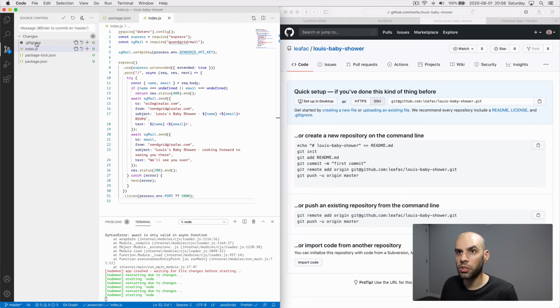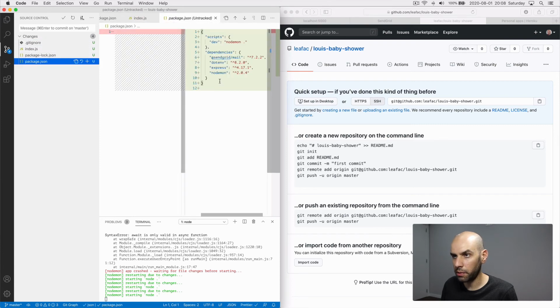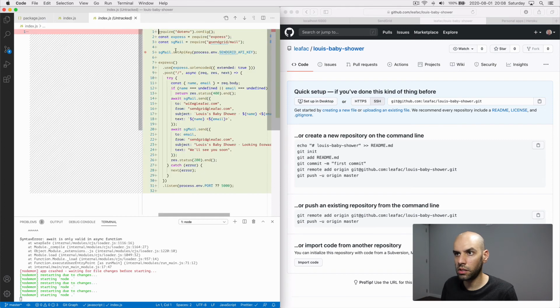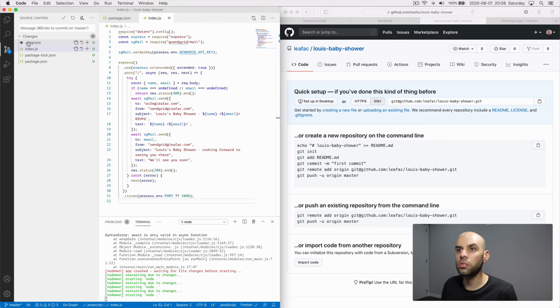Yes, there should be only a few: the gitignore file, the package.json with my dependencies, and then index, which is our code. I don't have any API keys here. Okay, good. They are in the .env file, which is ignored. Okay, good. So I'm ready to create this commit,